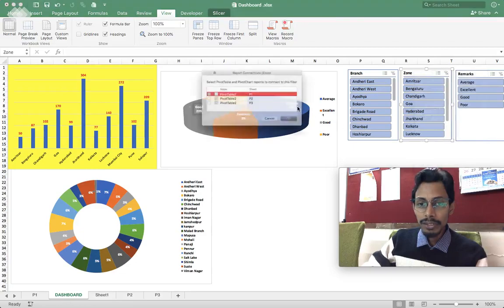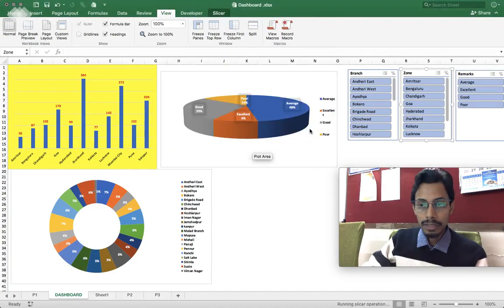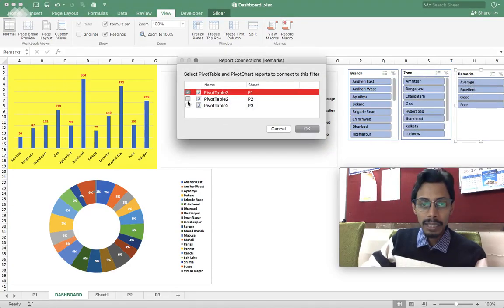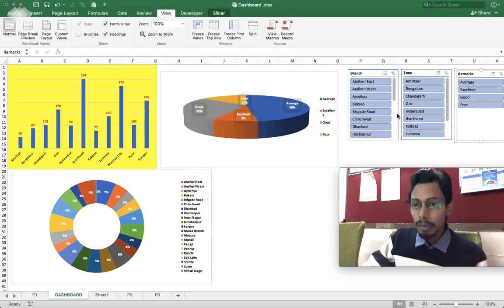Again, I'll go to report connections and I'll click on both the charts. Same thing I'll do for the third one, report connections, and I'll click on the two charts. Now once I've done this,